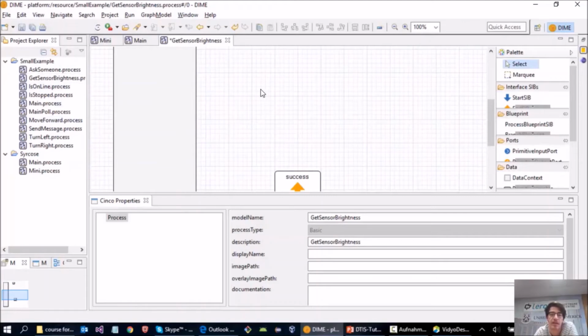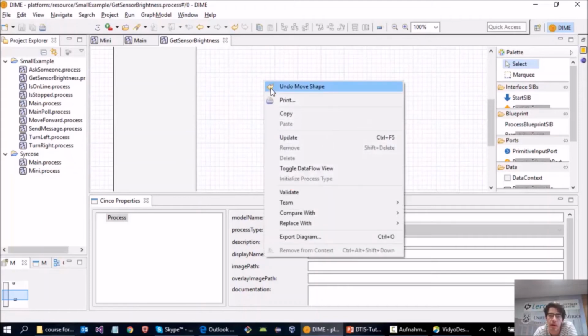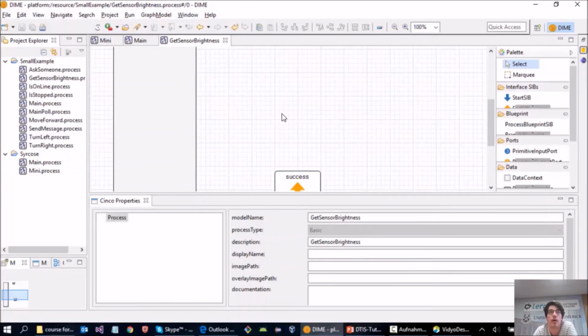So what I've done in this submodel is I've defined it as a basic process, which is necessary to make it available as a hierarchical zip. You can do that by right-clicking and then saying initialize process type. This is disabled here because I've already done it, but if you create a new model, you can initialize the process type and then you can make it available for other models